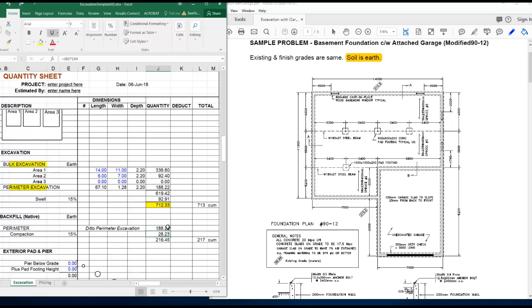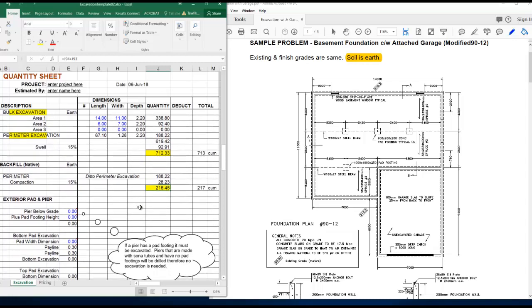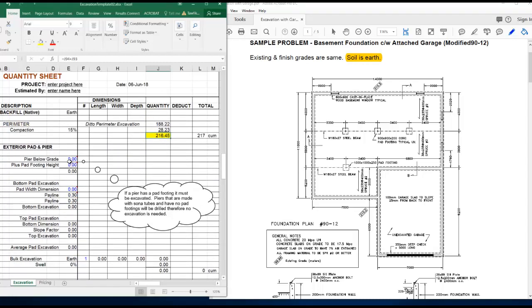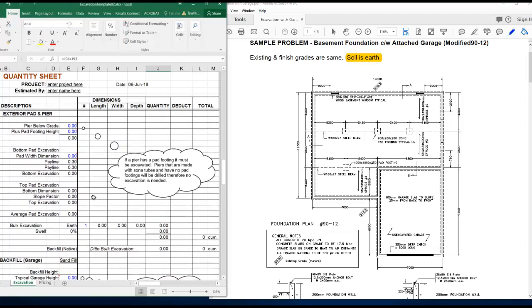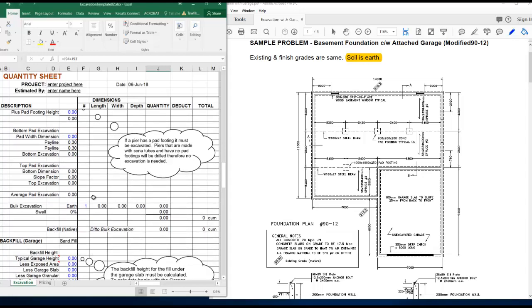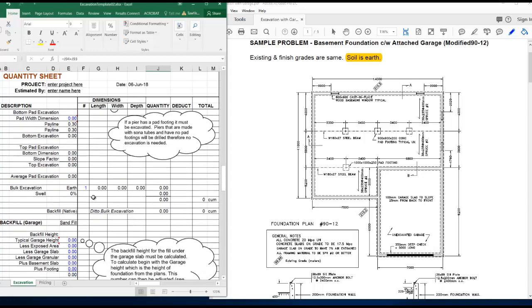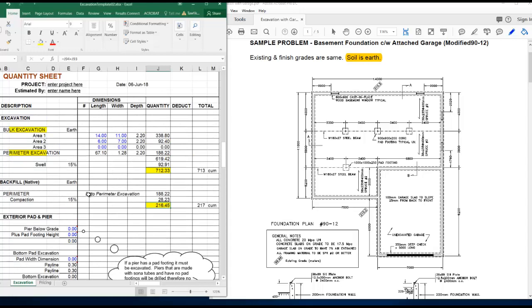So add 28 to 188, you will get the total of backfill is equal to 216. Now I'm not going to go through this, but we'll just let go that part. So the bulk excavation. So we're good with the